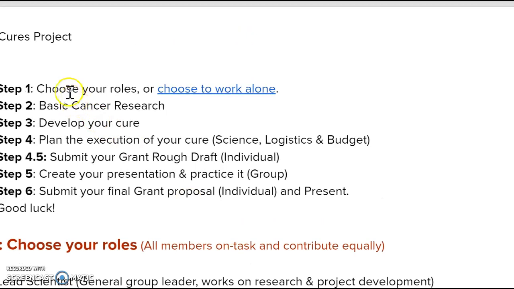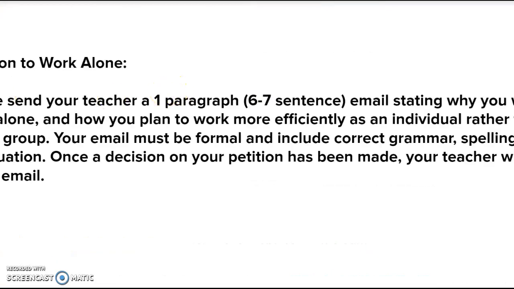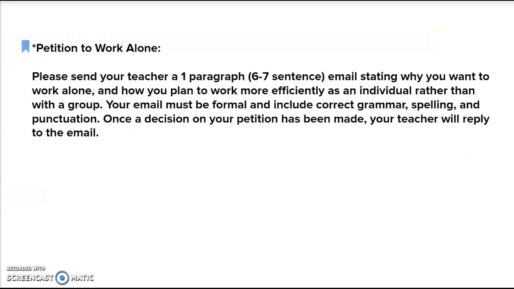So you can choose your roles to work in a group, or you can choose to work alone. So let's talk about that real quick. If you would like to work alone, we have this thing called a petition to work alone. So let me make sure you guys can read this. If you want to work by yourself, you may, but you have to send me a 1-paragraph email,